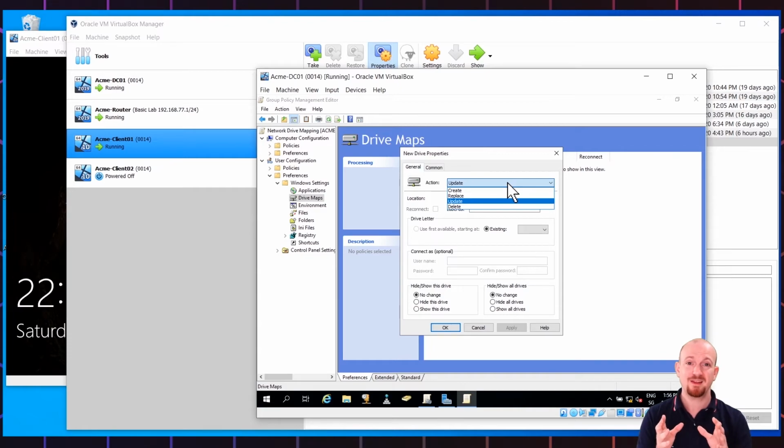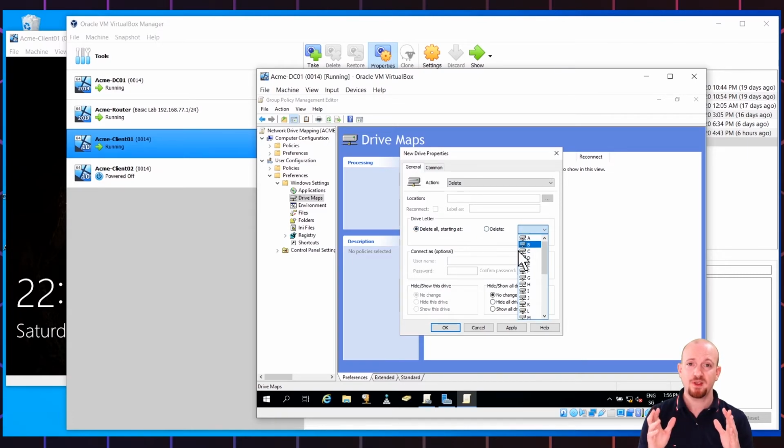Since many of the clients will still have the mapping enabled from the login script, we first want to delete this mapping when this GPO runs on the client. So choose the action delete, and we're going to delete or unmap all network drives beginning with the letter D, so it's D, E, F, G, etc. Click OK to confirm,